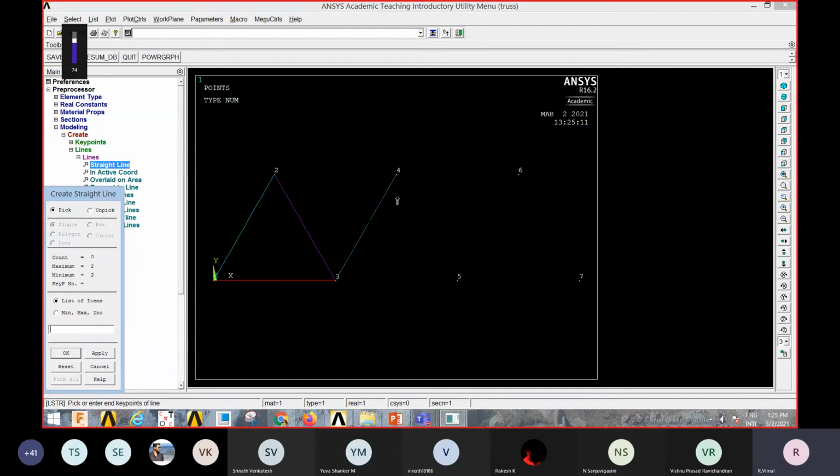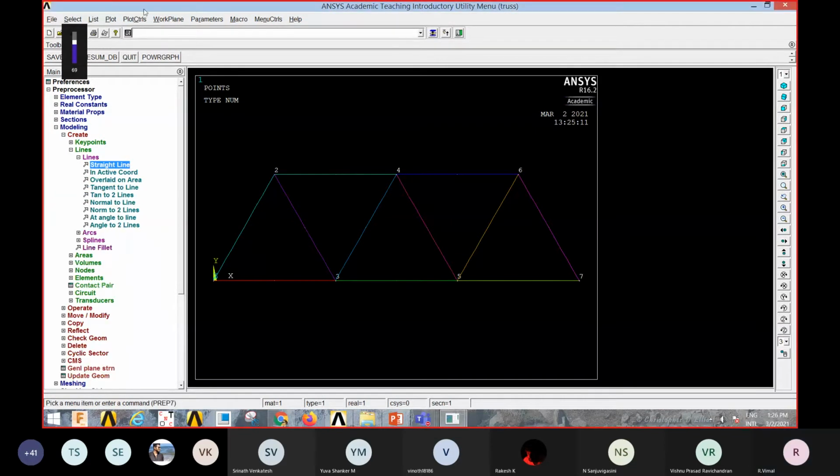By clicking, automatically the lines will get generated. It is very simple, like how you did the lines for the cantilever beam. Same thing. Only here you are generating more lines. So now we have created lines. First we created the key points, then we connected the key points using lines. So the modeling is almost done.